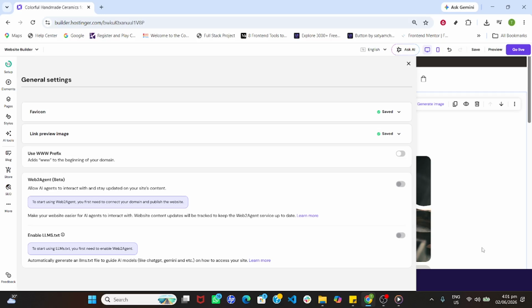And finally, the last step, and this is the one that really seals the deal. You'll see an option that says automatically generate an LLMs.txt file to guide AI models like ChatGPT, Gemini, and others on how to access your site. Toggle that on. What this does is create a special file that tells AI models exactly how to read and understand your website's content. Think of it like giving ChatGPT a map of your site instead of making it guess. And the best part? It does it automatically, so you don't have to mess around with any complicated coding or